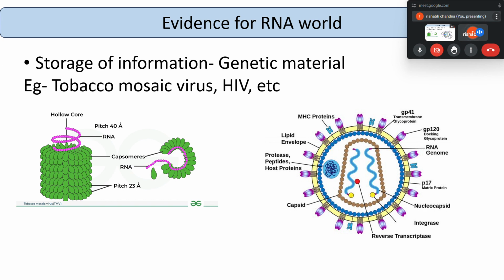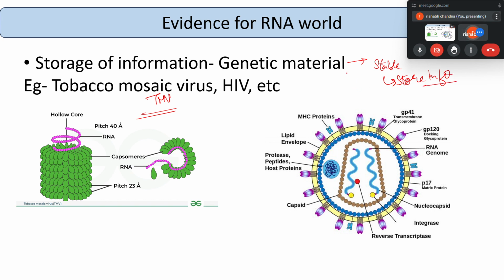the storage of information. So it acts as a genetic material, but that too only in some of the viruses, like tobacco mosaic virus or HIV, or the latest one, the coronavirus, that also had an RNA genome. So for a genetic material to be there, we'll discuss this in detail, but here we'll see some of the things in brief. So genetic material must be stable so that it can store the information,